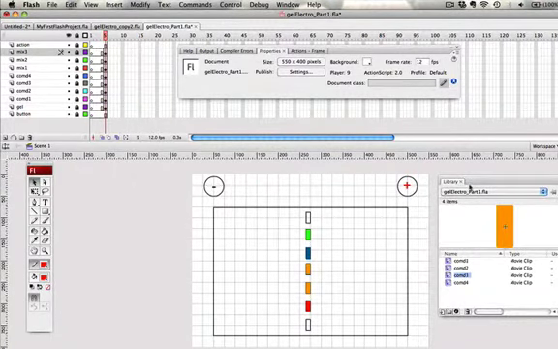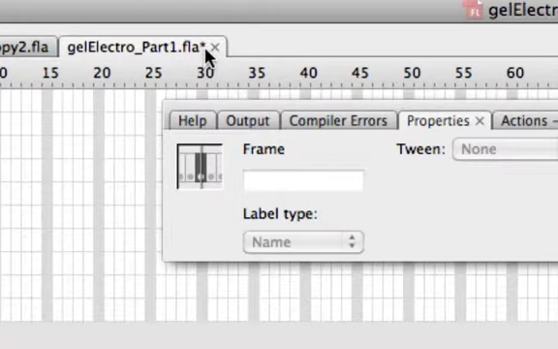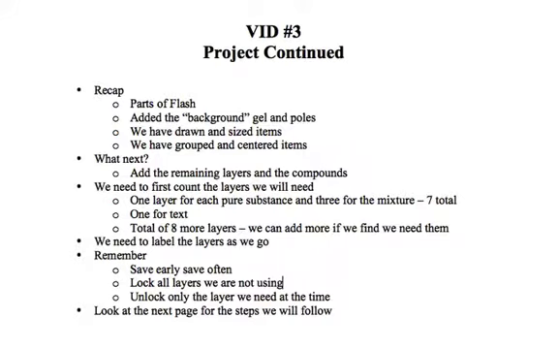So I need to Command S, save. I knew that because if you remember that we have this little star, the star tells us that whatever has happened has not been saved. So I'll go back and lock that and then save it. All right, let's go back to our